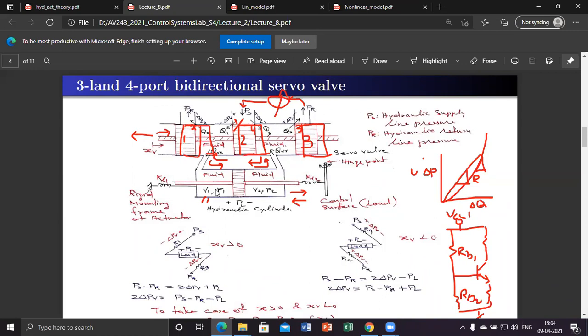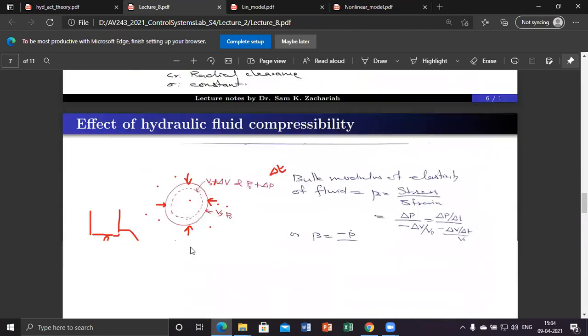Another case is we will provide some hydraulic pilot stage to move XV, where the pilot stage is moved by a flapper nozzle mechanism. These terms will be new to you, and because you are avionics students, there is no need to try to learn everything, because you have to learn so many other things. So we will put everything together in a single transfer function. We'll assume that if you inject a current I through some motor coil, it will produce a motion XV with a second order type of dynamics.